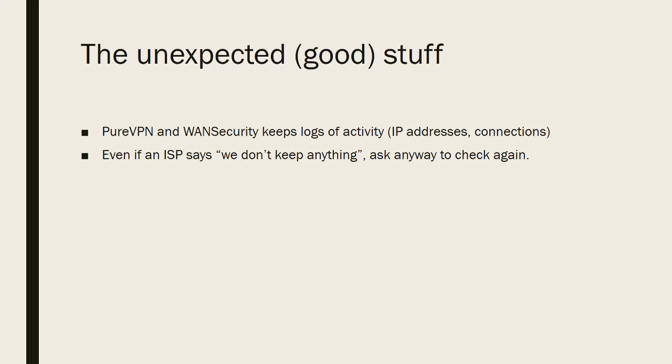When you come across a Pure VPN or any ISP, and the ISP says we don't keep anything, or that's past our retention period, ask anyway to check. If you can send a subpoena or a warrant and say, well, look again, tell me what you have, you might be surprised what you find out that they have, because they may have data, and I've seen this on many occasions where they may have a 6-month retention, but they may keep it for a year and a half or 2 years just because they forgot, or just because they say one thing but what they're actually doing is something different. So if you don't ask, you will never know.